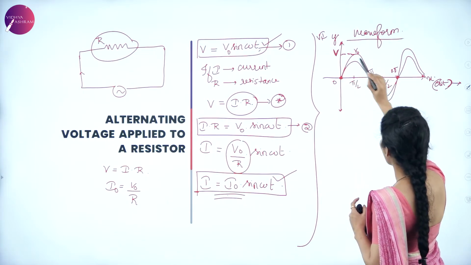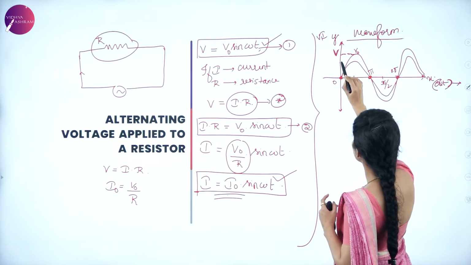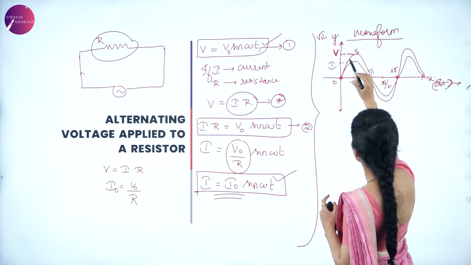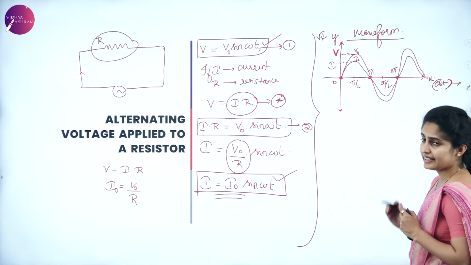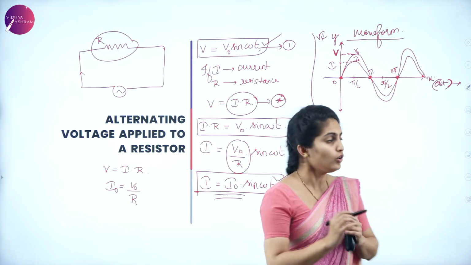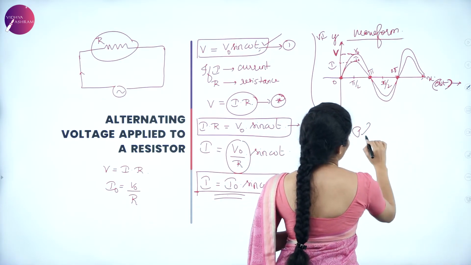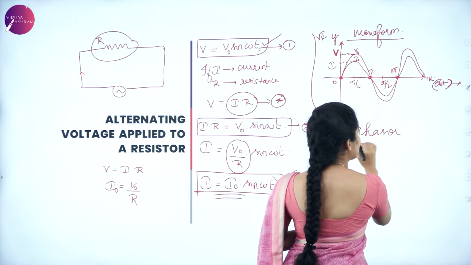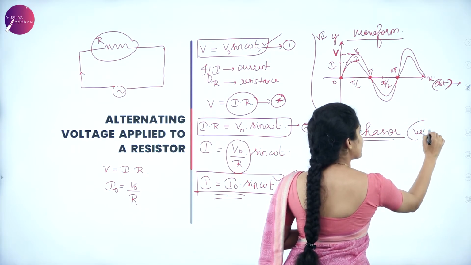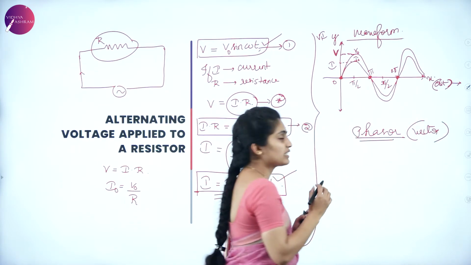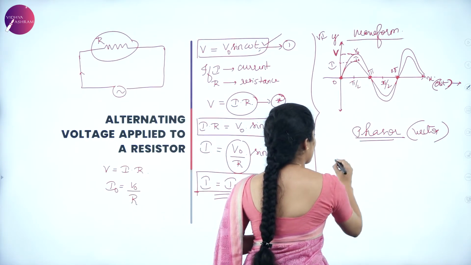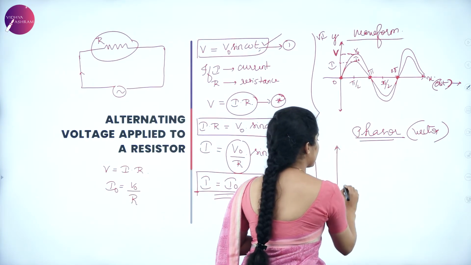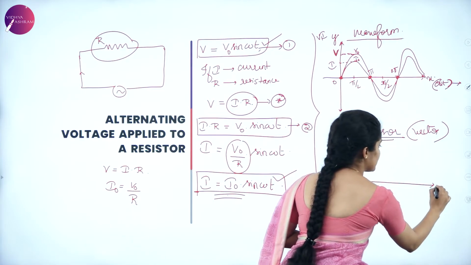So the phase of V as well as the phase of I lie together. This is how exactly the waveform is given. So the phasor diagram of this, which means to say that it is a vector notation. Phasor means it is a vector. So the phasor diagram of this above form, that is the waveform diagram, is given as,